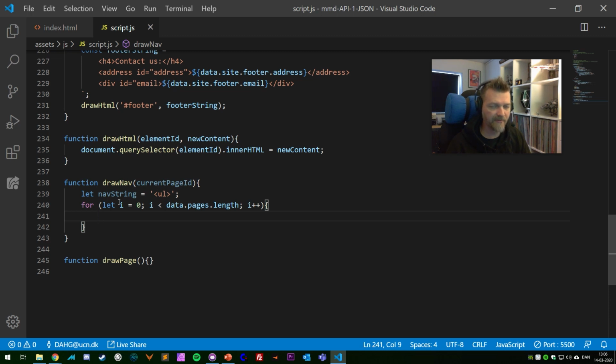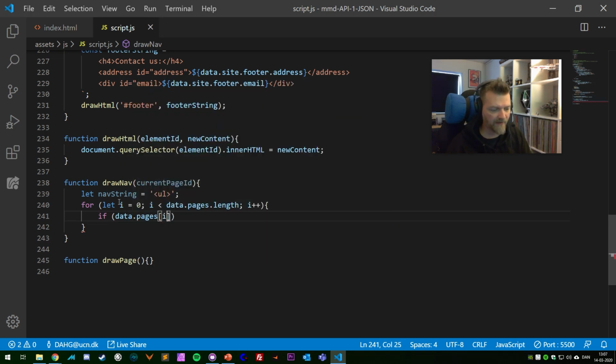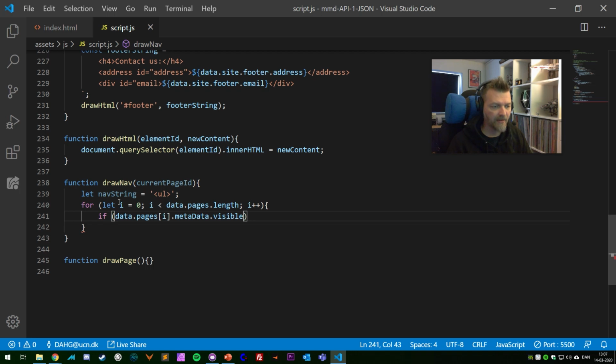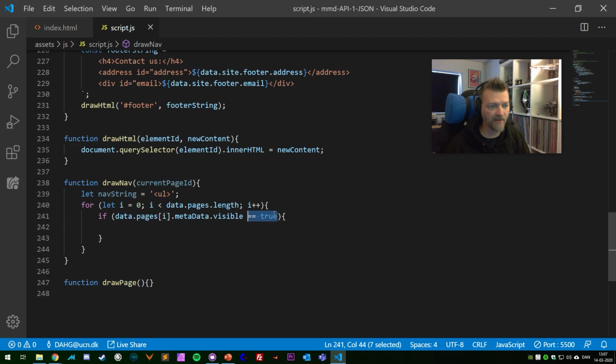And for each of those we need to check if visible is set to true. So if data.pages and the current one is i, and we check metadata because that's where the visible key value pair is. If that is true, then we do something. And please note that I don't have to write is equal to true. As long as it's a boolean that can be true or false, I can just write it like this, where I just write the result of this, if that's true, well, then it keeps doing whatever the if sentence wants, and if it's false, then it won't do it. So yeah, if that's visible, then